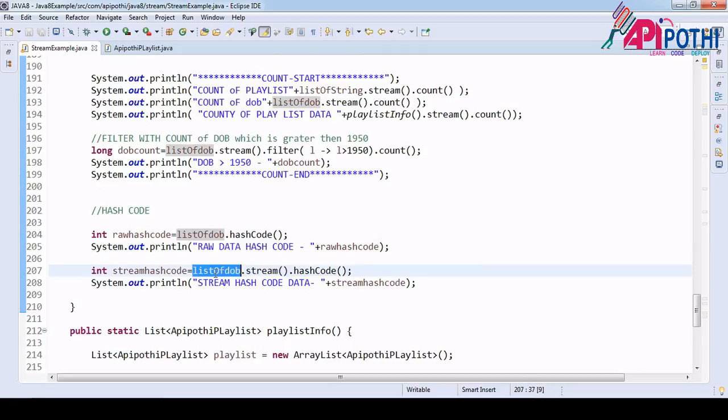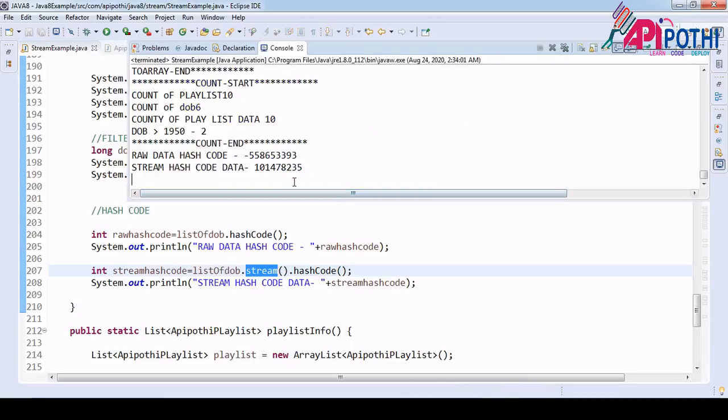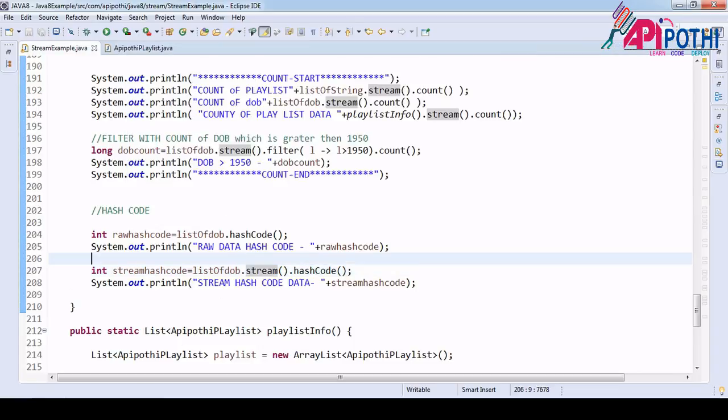It is just that this object got inside the stream, so the hash code value changed. If you compare with the equals method also, you will get not equal. That is what I wanted to show you here.